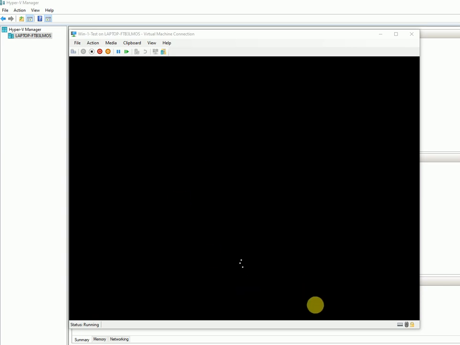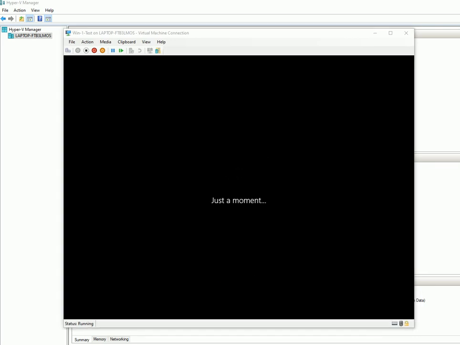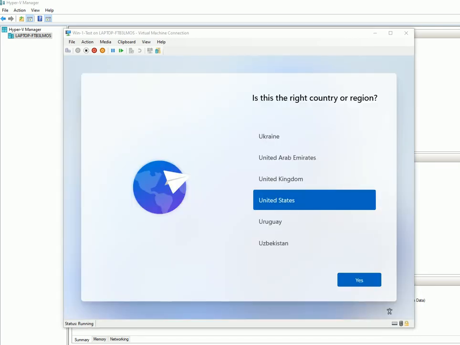So let's wait for a couple of seconds. So now it's getting ready, and it will take at least 5-10 minutes to complete all these processes, and then it will allow you to create a username here. Okay, so we log in here, and now you need to check your region,